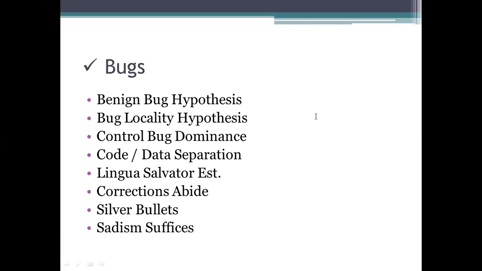Okay, what happens here is we are not allowed to process this one. We are making this one code and data together. It does not allow the user to know what data is to be used for that representation. Then there lies a bug here. And the next one is the lingua salvator stub.